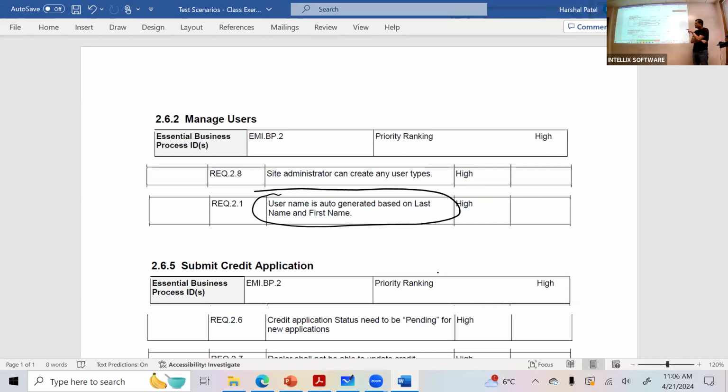So I guess you guys still didn't get what's missing in this requirement. You feel like something is missing, but you're not sure what. Let me ask it the other way.